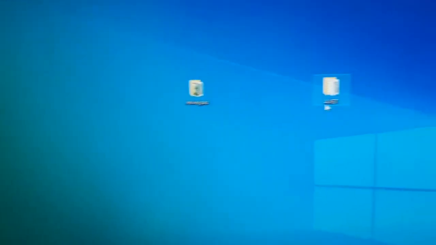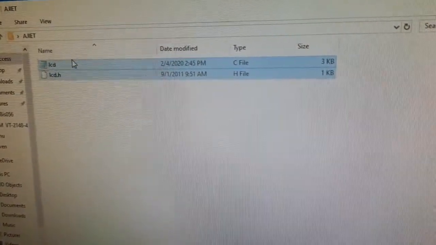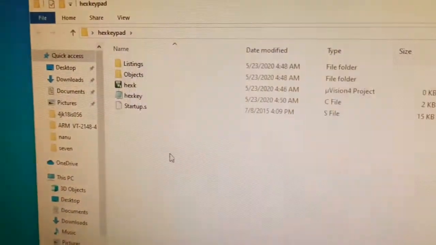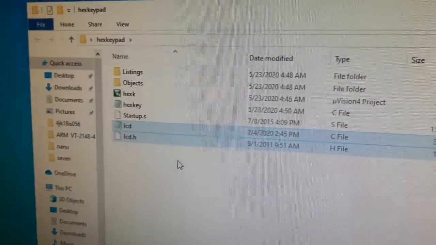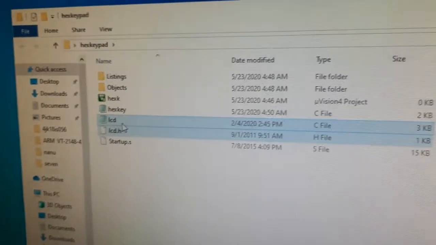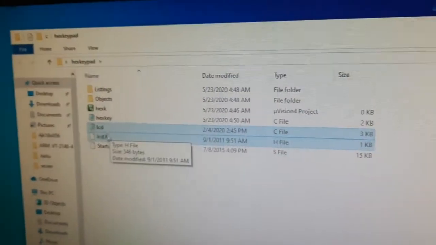In one folder I saved that program. So I will copy that and paste that in my folder, that is hex keypad folder. That file contains LCD and lcd.h. These are the two files required for our experiment.